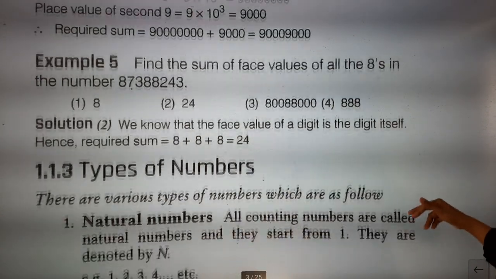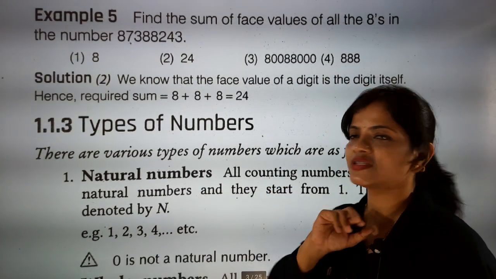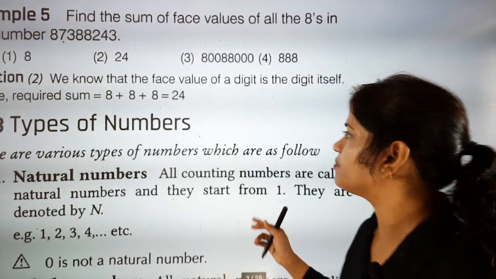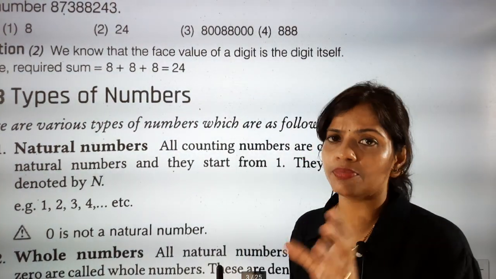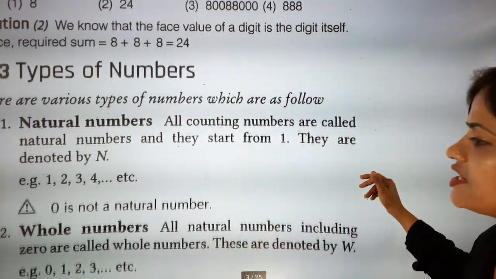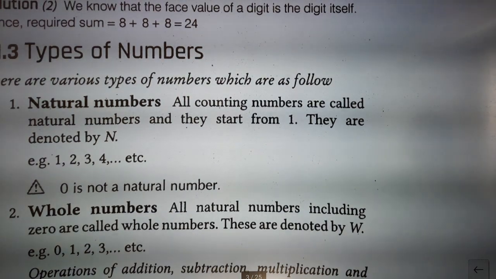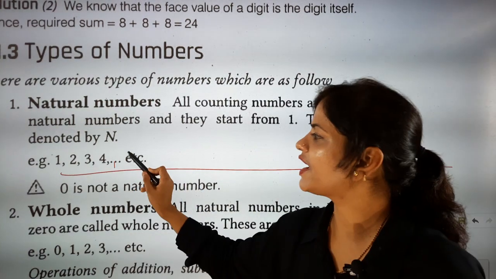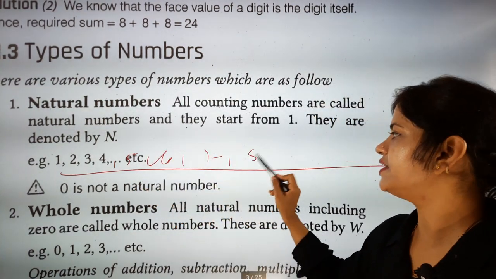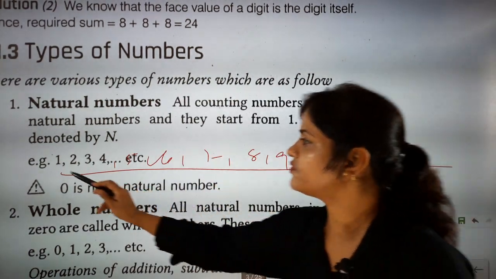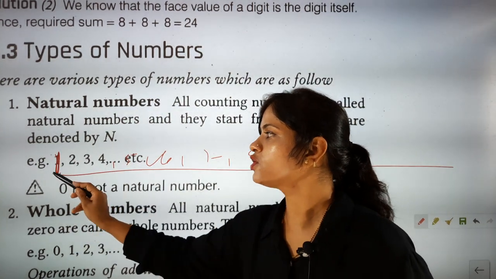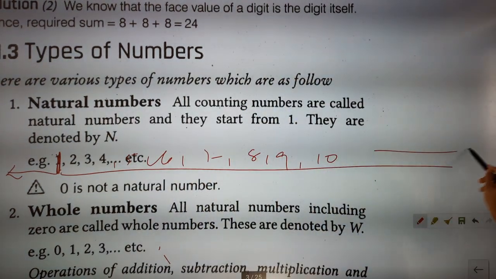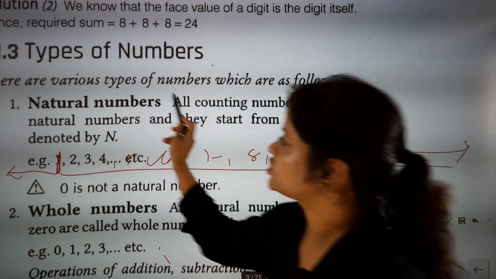Okay. Now we are going towards the next topic, types of numbers. How many different types of numbers are there? Different number systems are there. First is called the natural numbers. The set of natural numbers are those numbers which start from 1 and go to positive infinity, like 5, 6, 7, 8, 9, 10, 11, 12. The numbers starting from 1 will not go left of 1. So the numbers starting from 1 and going towards infinity are called natural numbers.